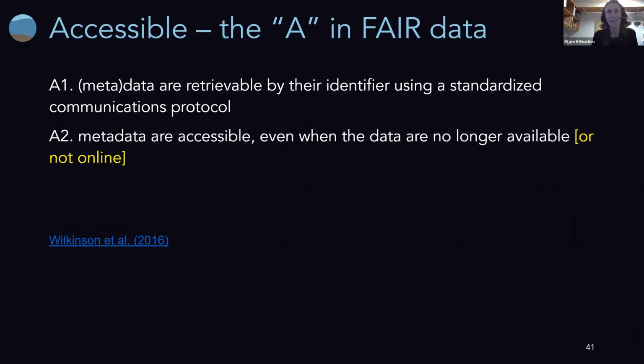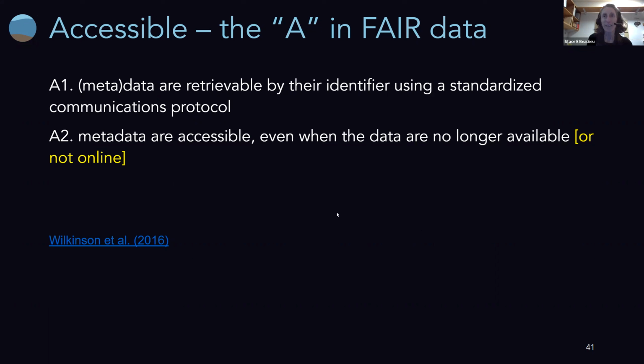Accessible, the A in FAIR data. We already did our homework with accessible, and that was whether we could actually bring the data into our own environment, whether we could actually see the code. So the first one is the data are retrievable by their identifier using a standardized protocol. In that case, we used a DOI to access data from a landing page. And there were many ways to access those data when we went to the particular repository in my demo homework, but all of those ways use standard protocols.